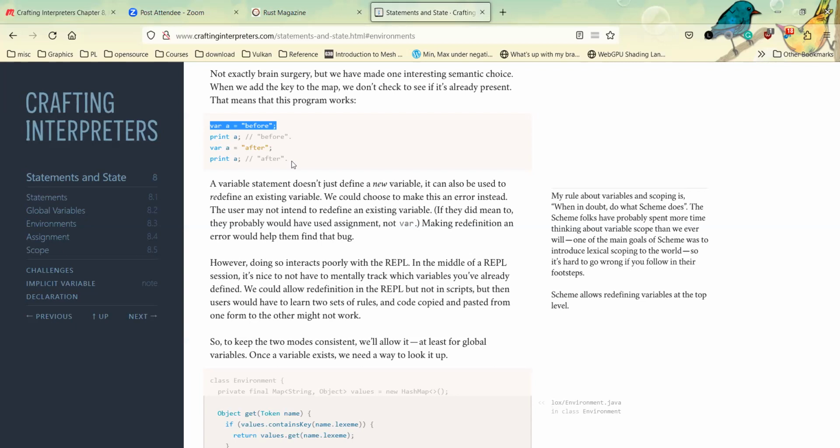Yeah, and also I think for certain languages, you definitely can't redefine a function. But in a REPL, you probably want users to be able to do that. So yeah. I think it's fine for a REPL to have different rules, but that's not a choice Lox takes.